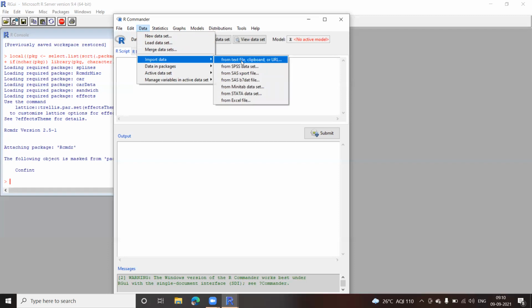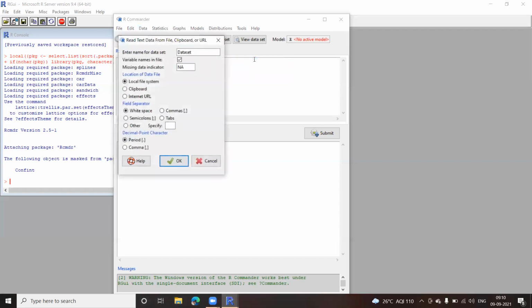Now, for example, those who are working on SAS files and some SPSS data, or if they are working on an Excel file, then they can easily make use of those files as well. Okay, so we have options to open a file or import the data from various types of files here. Now, my file is a CSV file, so I'll be selecting the text file option and click here.